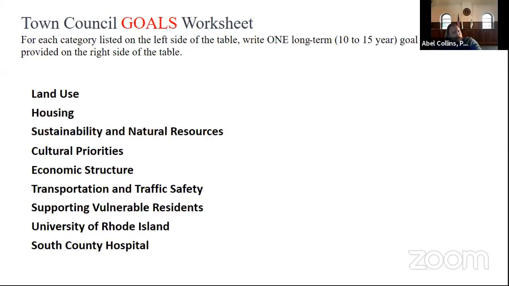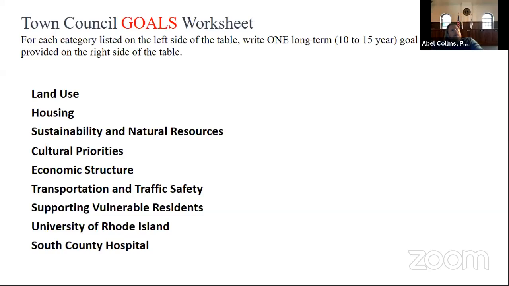So I think one thing that I hear Deb saying, and probably many of us feel, is that we have a nice mix in our economic structure right now, and that diversity is a good strength of the town. I think it helps us be resilient in tough economic times. You can see that in the economic data right now, and our unemployment rate being significantly lower than most of the state.